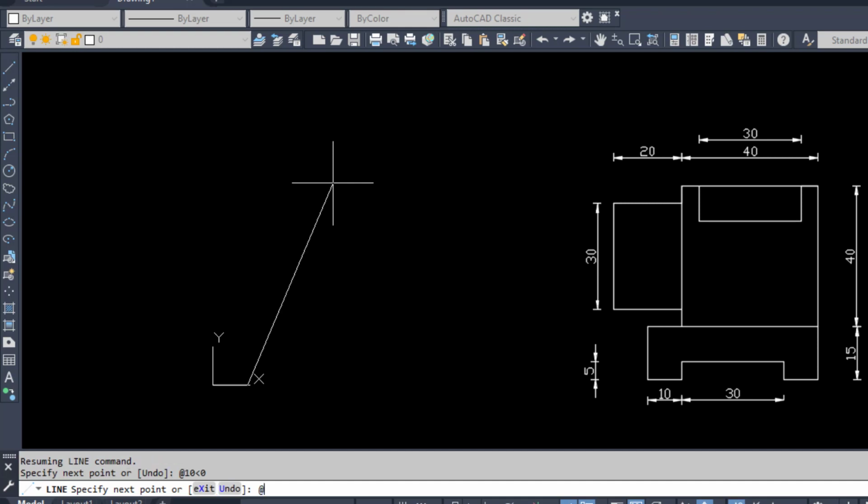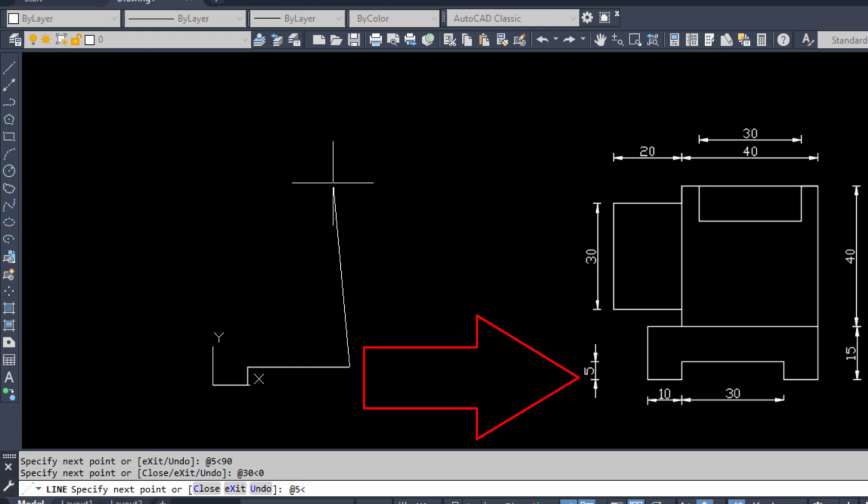Now again at the rate. Now I am going towards the top side. You can see I have specified the start point. Now I am going to the top, so the next coordinate will be @5<90. Now again if you go towards the right side, you can see the distance first and then the angle. Now I have to repeat the symmetry in the downwards direction also. Now you can see the dimension on the left side is giving 5 units, so it will be 5 less than. Now I am going towards the negative Y direction, so in this case the value will be 270 degrees. Again I will press shift and at the rate.